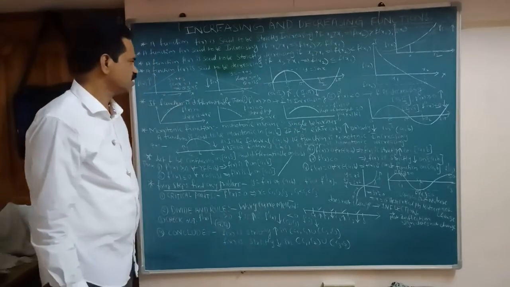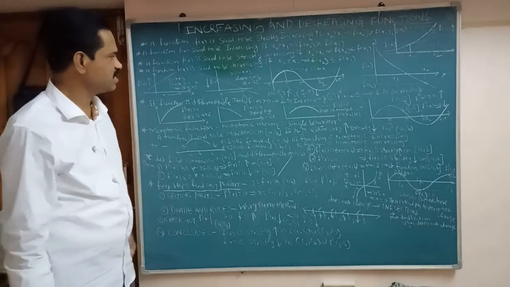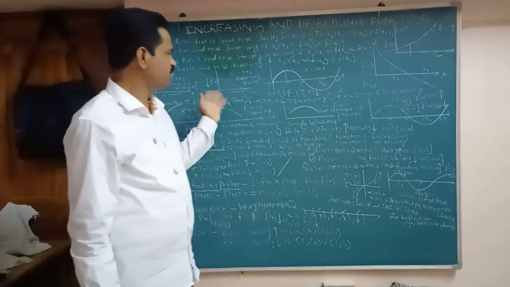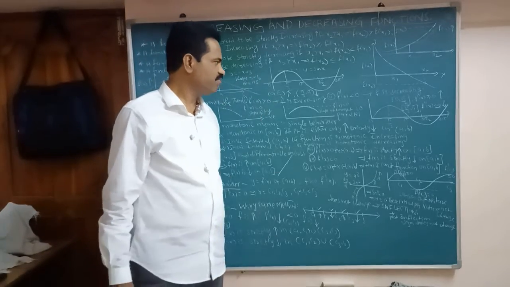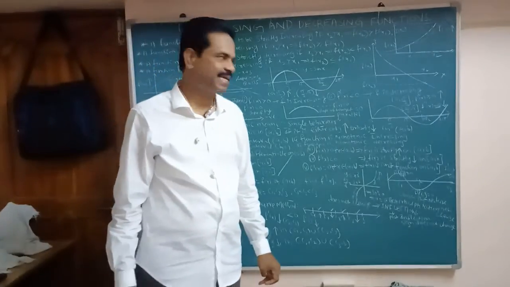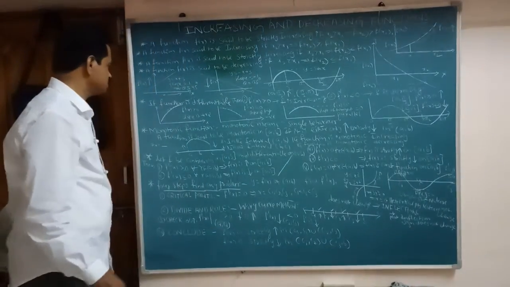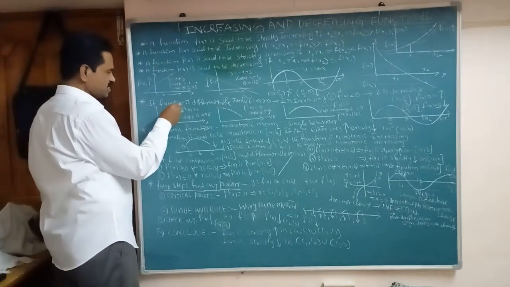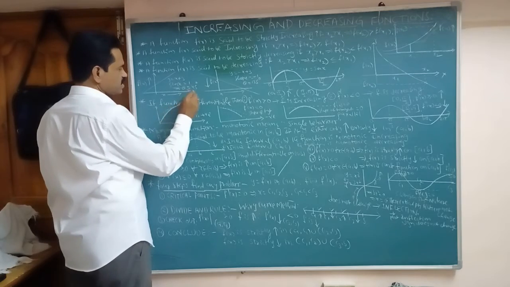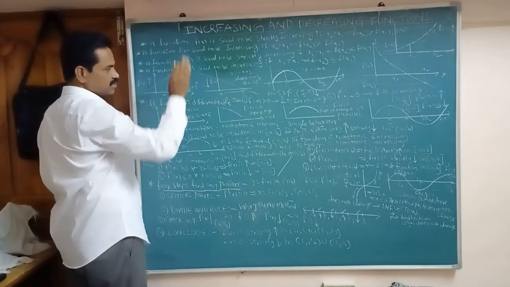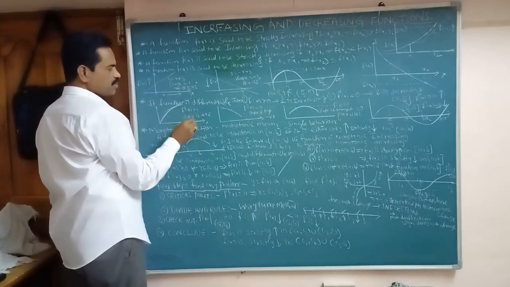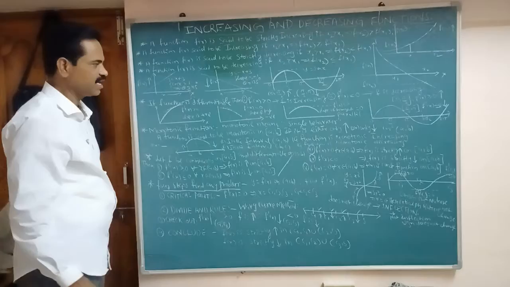Here the function is differentiable, and then f dash x is greater than 0. You know that. Now let me discuss using this graph. Where f is increasing, f dash x is greater than 0, and where f is decreasing, f dash x is less than 0. Suppose this is an increasing curve. These are the tangents, and the tangents are going up. Up means the slope is positive, so f dash x is greater than 0.